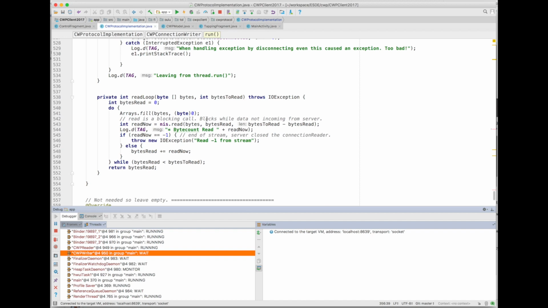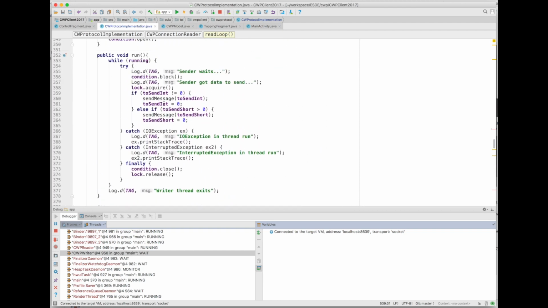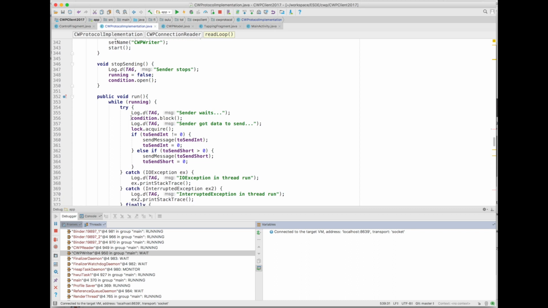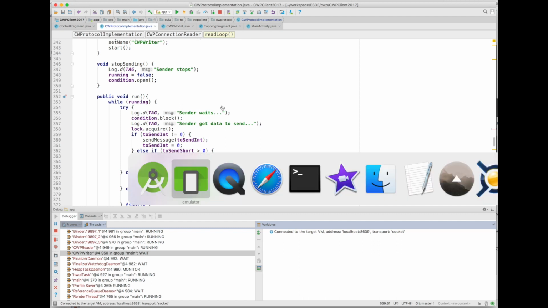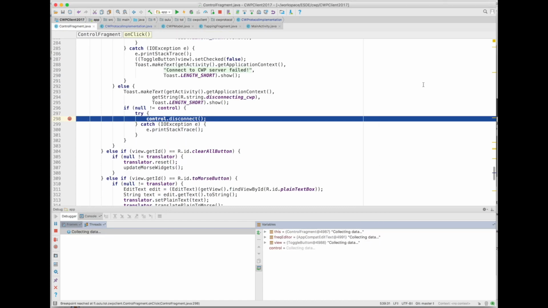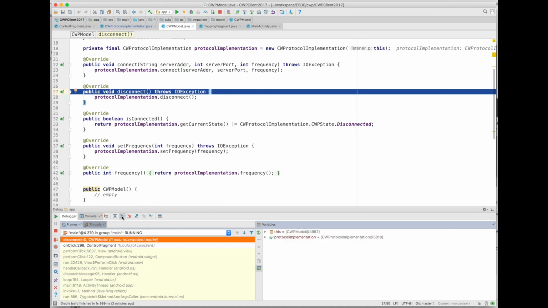Okay, the reader is waiting for data to come in, and the writer here in the run is blocked, waiting for the protocol to open this condition variable when there is something to send. And the main thread is running, ready to handle any events from the user, like pressing the disconnect button, which I will do now. Okay, so here again, when we go in the control interface disconnect method, we see that